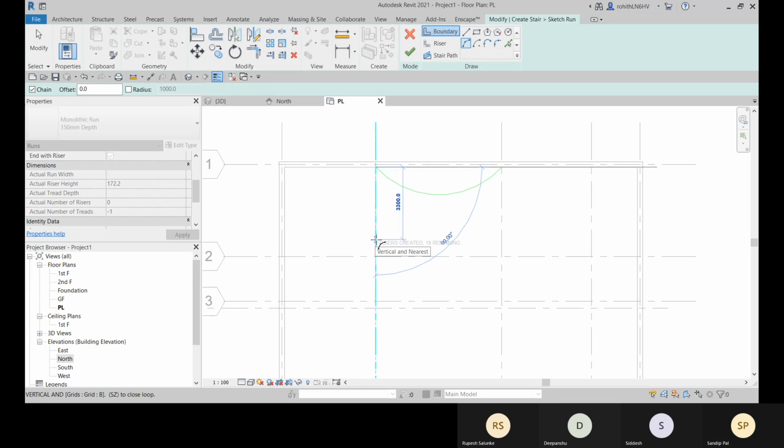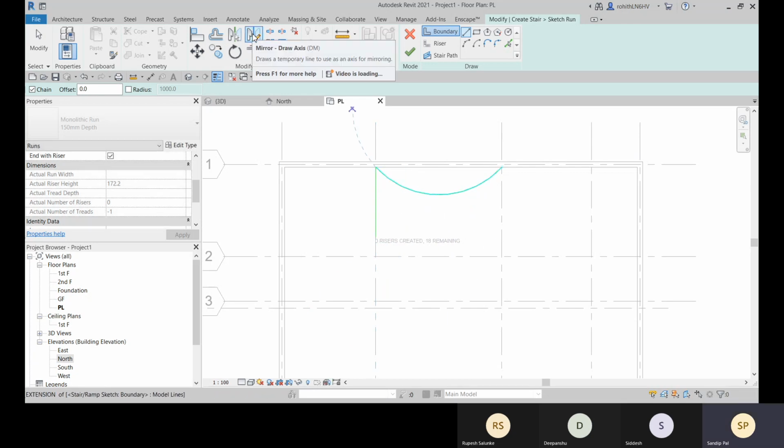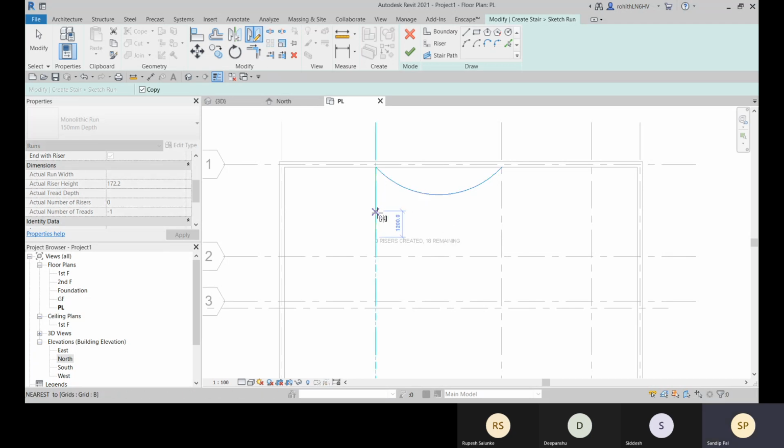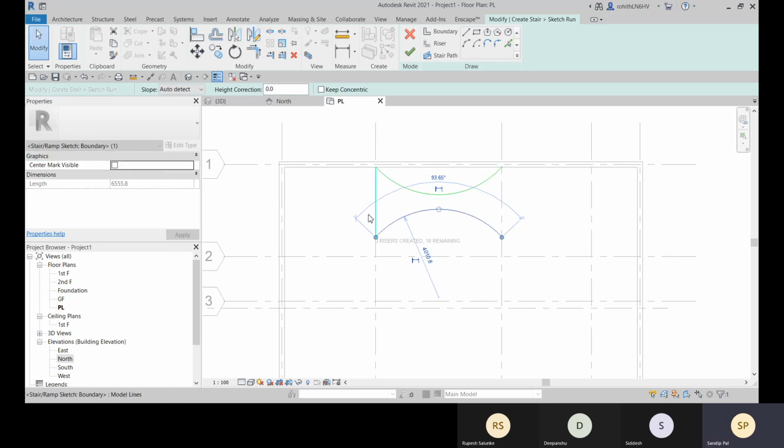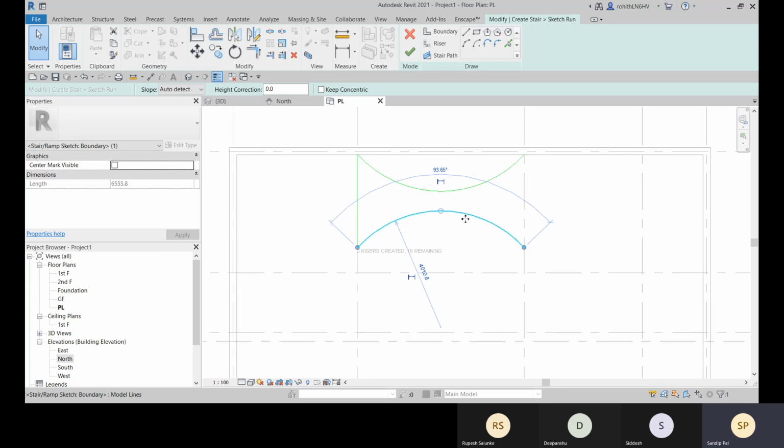Like, this is going to be the difference. Okay, so let's choose this line. So 3,200. I'm just using this for mirror. Okay, so this is the object, enter, and then the midpoint of this line, and this is the axis, the second point of this axis, and this is created.